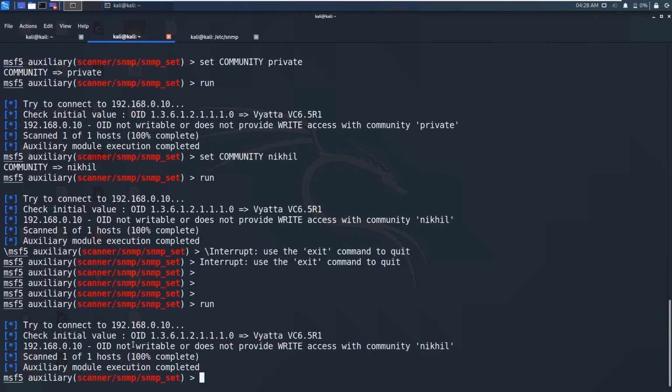Okay, it's still saying not writable or does not provide write access with community Nikhil.